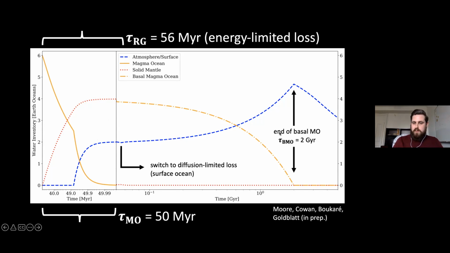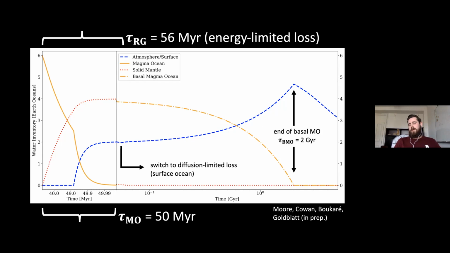And so having this basal magma ocean exist for 2 billion years and just having it solidify and sequester water into the mantle at a constant rate over time will make this cycling obviously more interesting than it was. So the water in the basal magma ocean decreases with time. It actually goes through the mantle and then starts increasing the surface water content, which is pretty interesting. And eventually when the basal magma ocean ends, you lose water. But the important thing here is that the mantle doesn't become completely desiccated. And so there's actually a little more cycling happening here.